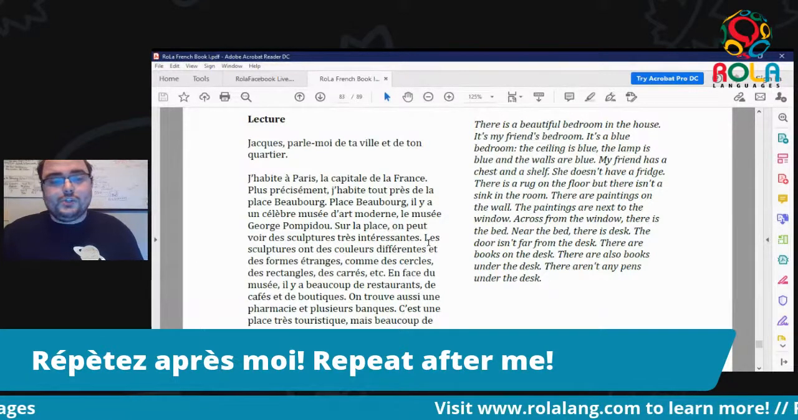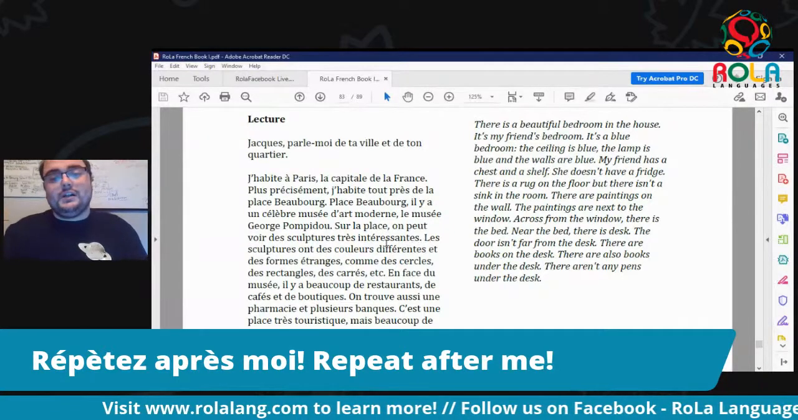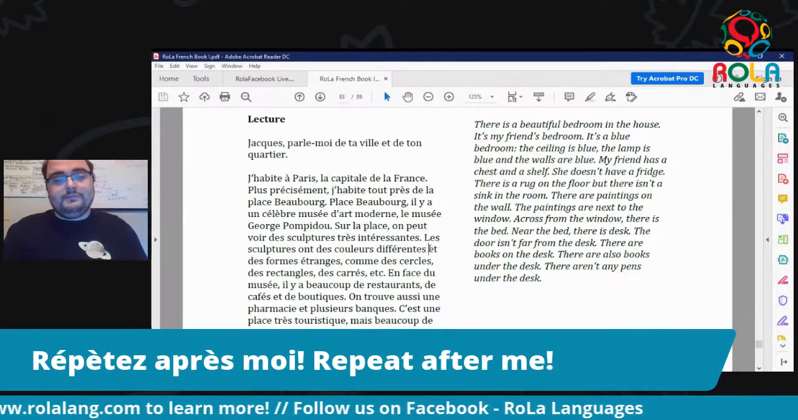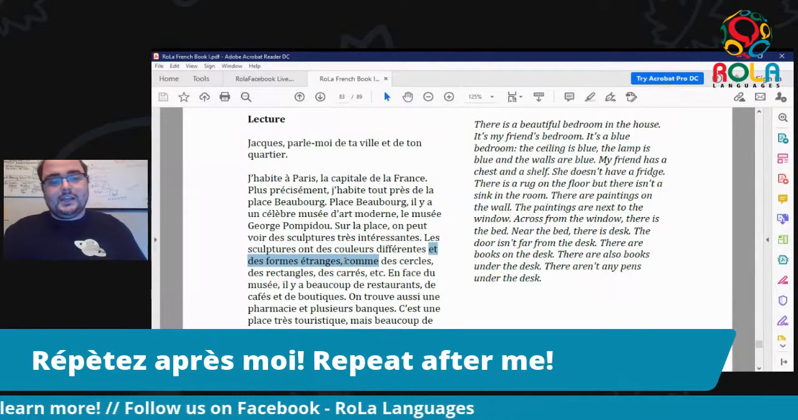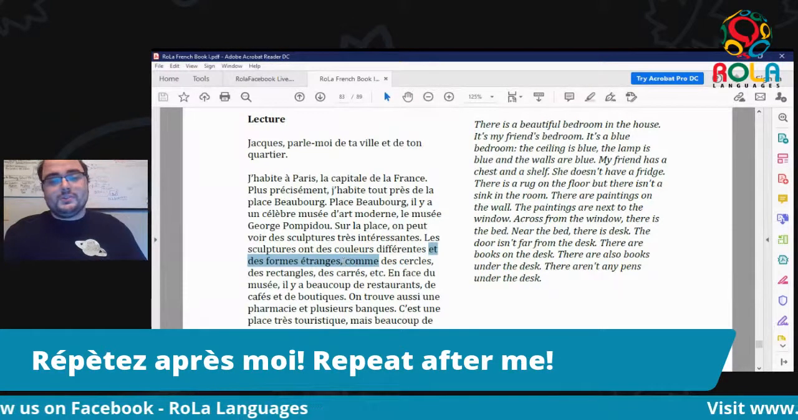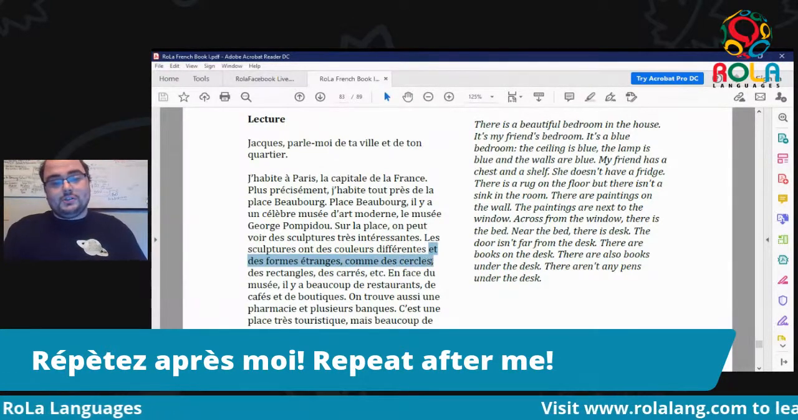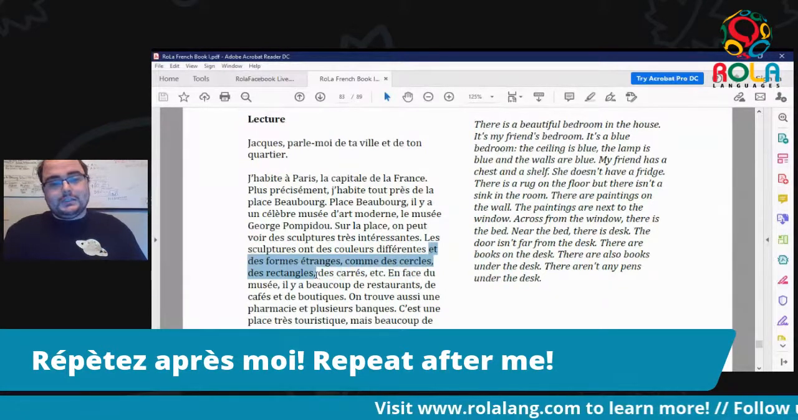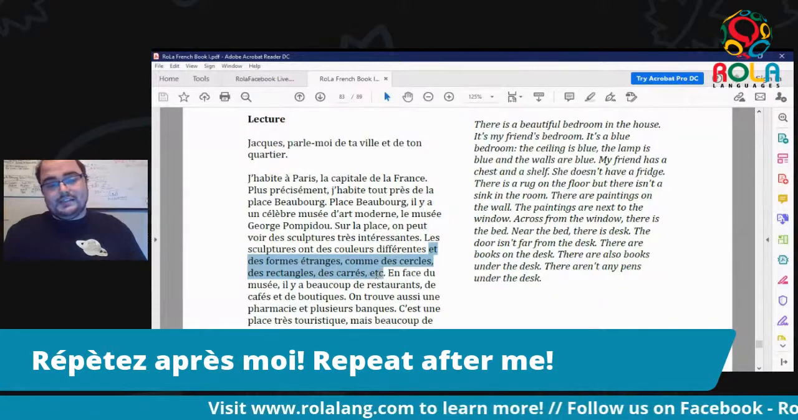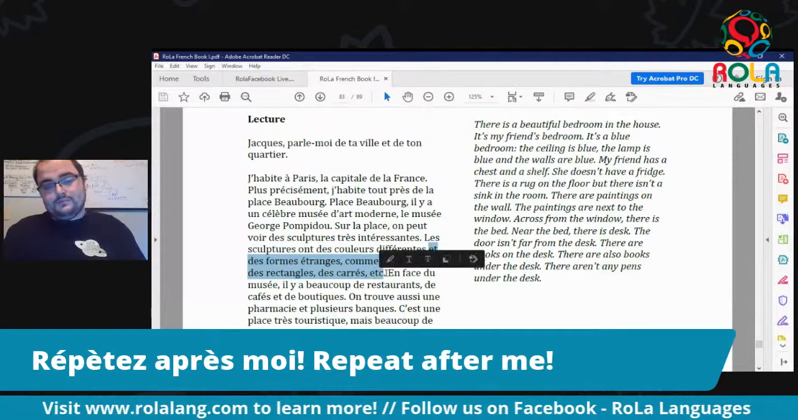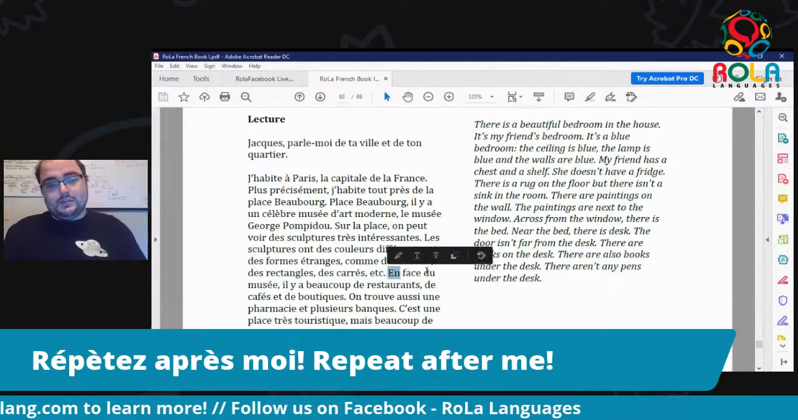Les sculptures ont des couleurs différentes. The sculptures have different colors. Et des formes étrangères, in strange forms, like circles, rectangles, squares, etc. Très bien. En face du musée,